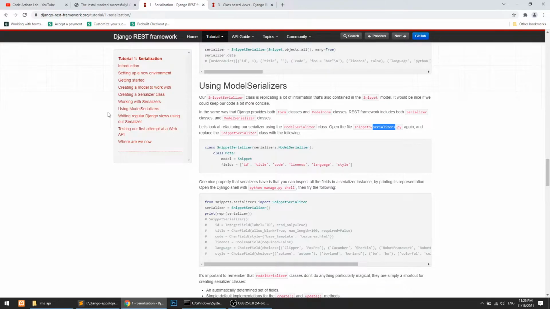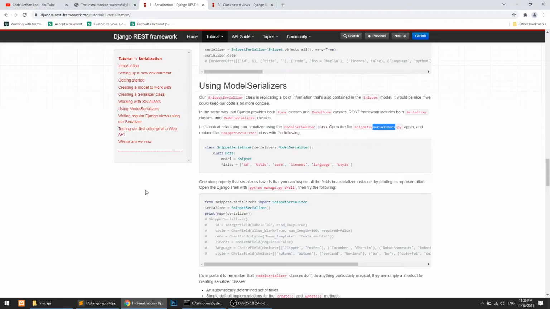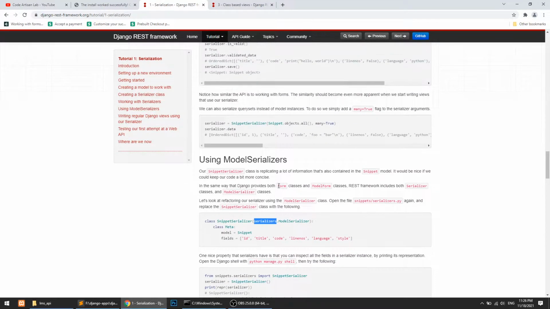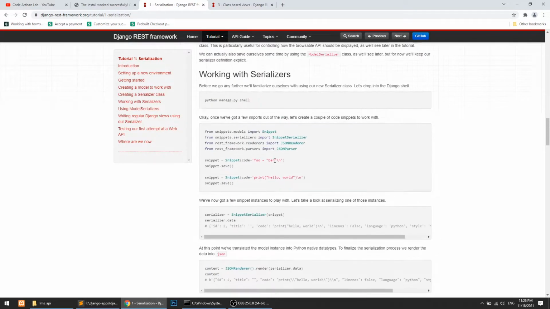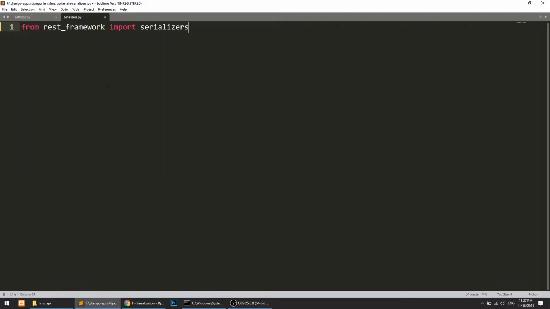After that, first of all we need the serializer, so we will import this from the REST framework. From rest_framework import serializers, then the class, and also from . import models, because we need to use the models.